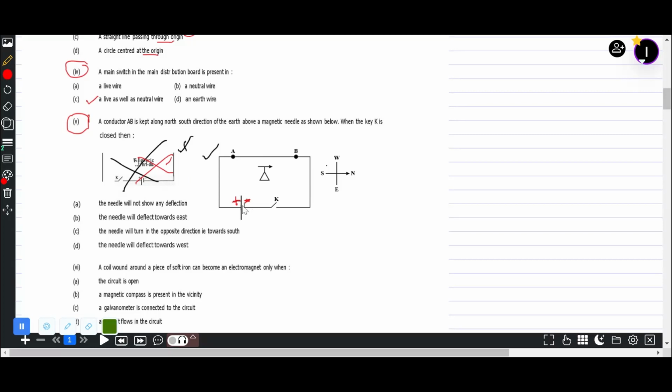So when the key is closed, there will be a flow of current. So flow of current is always from the plus to the minus terminal of the battery. So the current is flowing from A to B. Now if the current is flowing from A to B, you should know how to find the magnetic field. So what we do is we use the right hand rule,